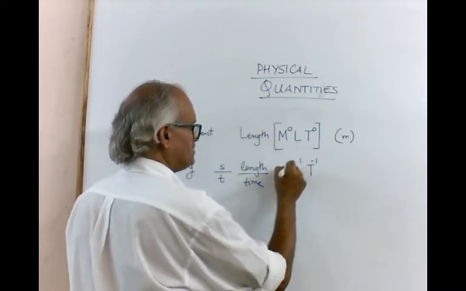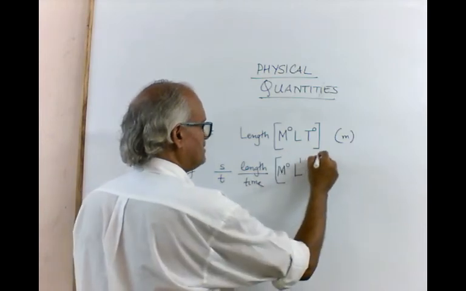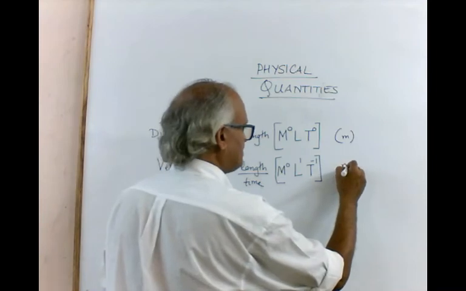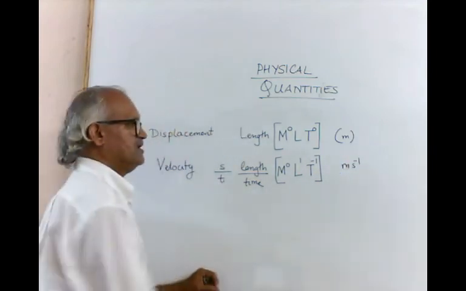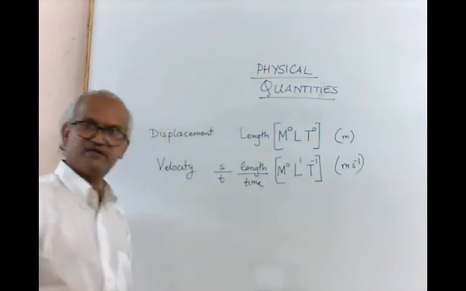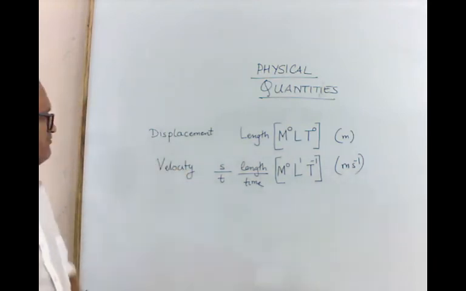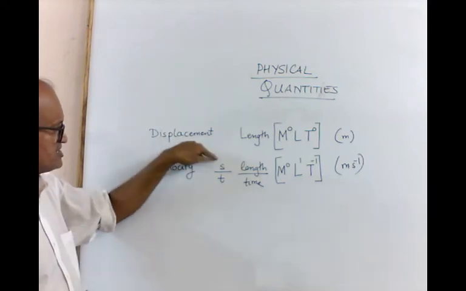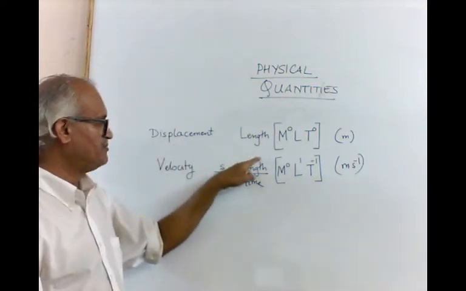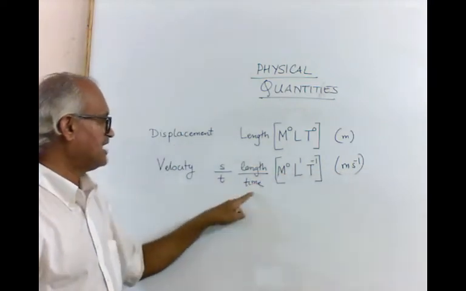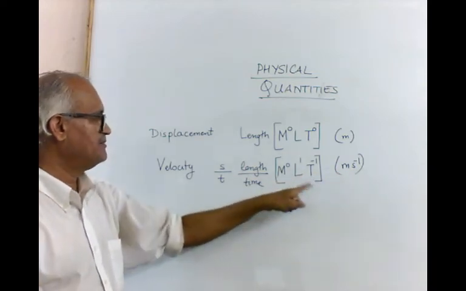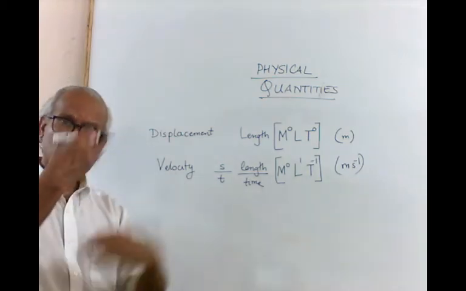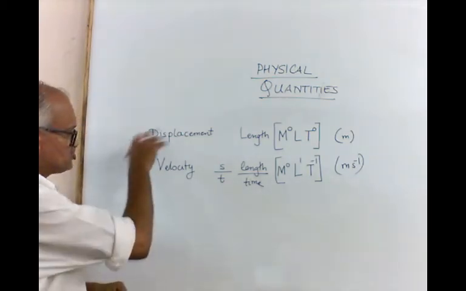Mass is not involved in this, so it is m0 L1 T -1, and the unit is often meter per second. ये हो गया इसका SI यूनिट। सो ये एक अगली फिजिकल क्वांटिटी आ गई, वेलोसिटी, जो कि है रेट ऑफ चेंज ऑफ डिस्प्लेसमेंट। सो डिस्प्लेसमेंट अपॉन टाइम, डिस्प्लेसमेंट मेजर्ड इन लेंथ इन मीटर, टाइम मेजर्ड इन सेकंड, एंड सो द डायमेंशंस आर m0 l1 t -1।